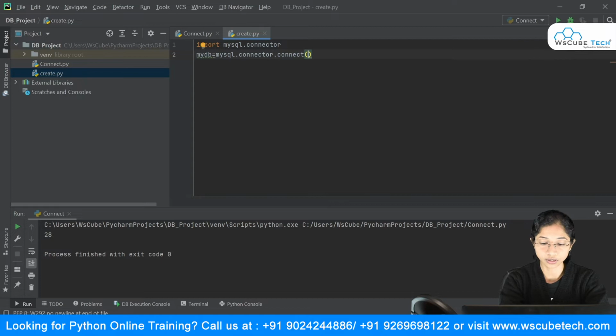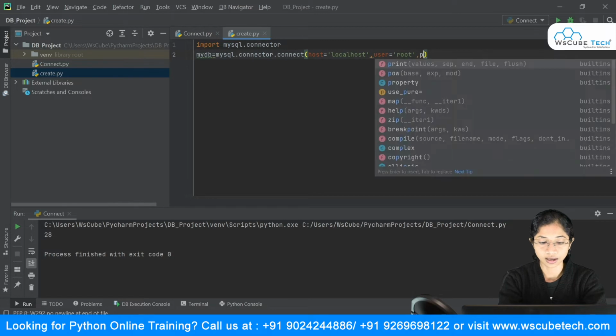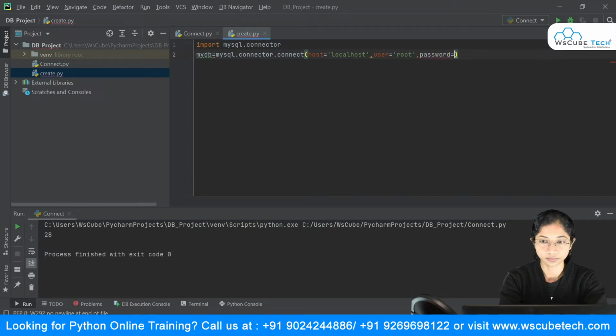My first parameter is host, so I will say host is equal to localhost. Then I have a user, so I will say it is root. And then I have password, which is 1234.